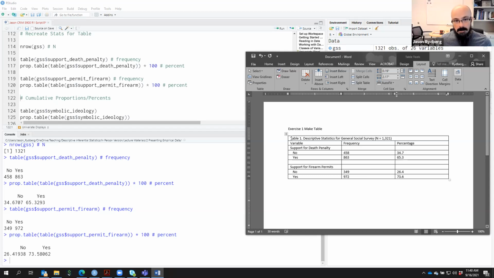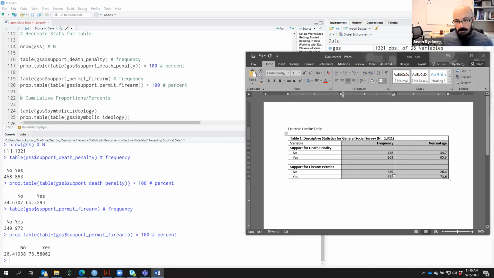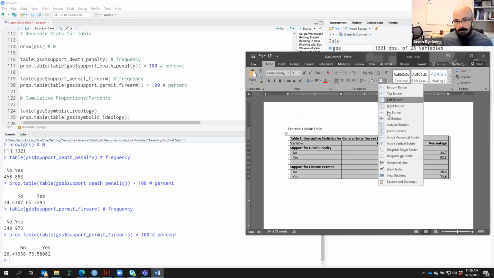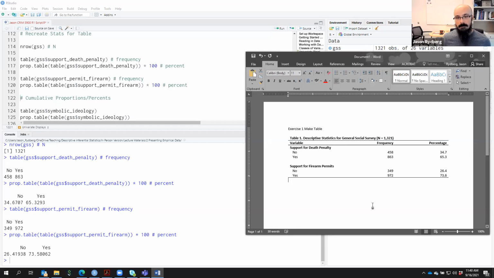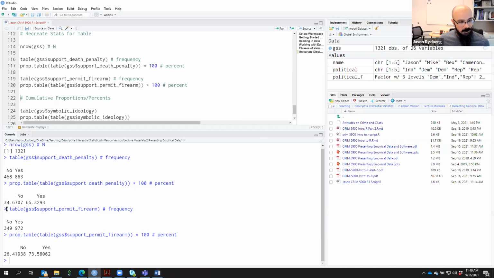So now we can customize this however we like. I might bold some of my headings here, bold my variable names. I might left align these columns. I might remove the border grid, just add a bottom border. Okay, like that. The spacing's a little off, but this is much sleeker than